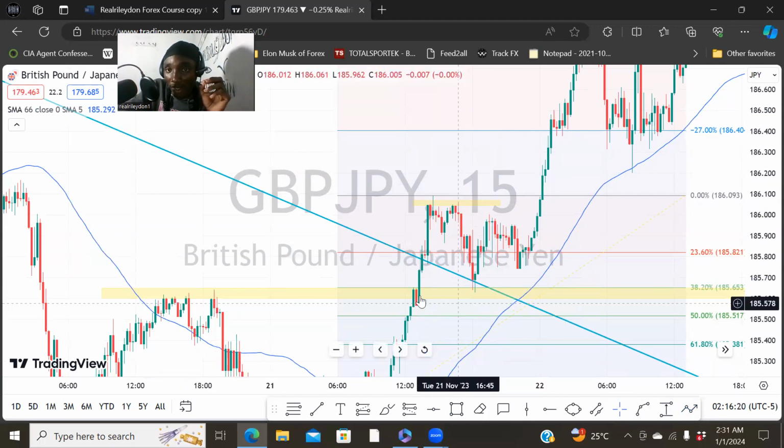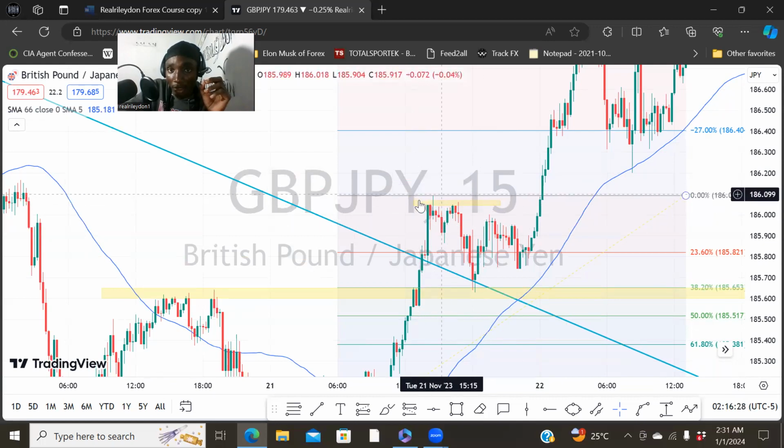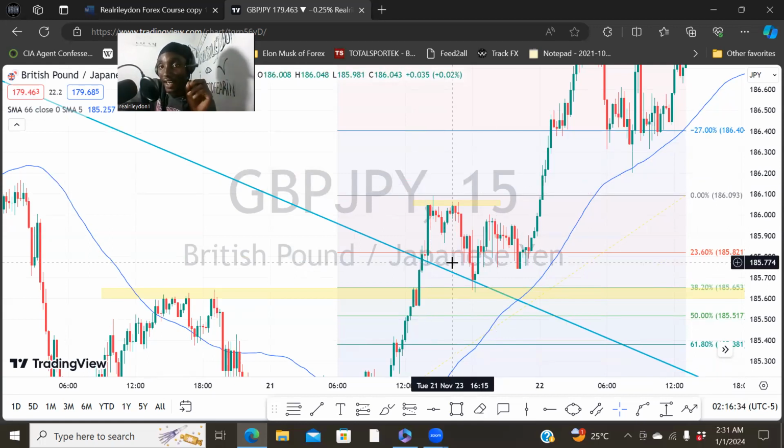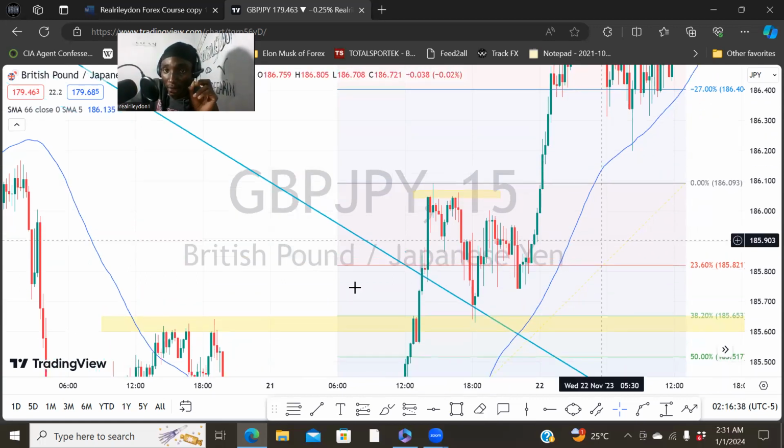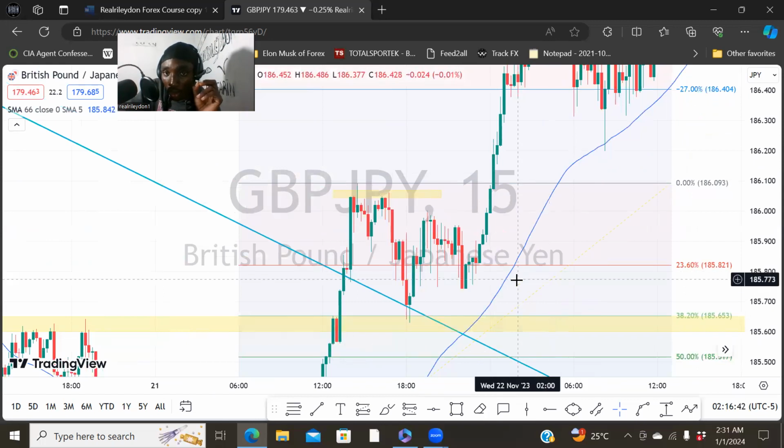So what the market basically did right here, the market created a higher high right here, which is a higher high. We see higher highs in an uptrend. Higher highs and higher lows in an uptrend. Now,